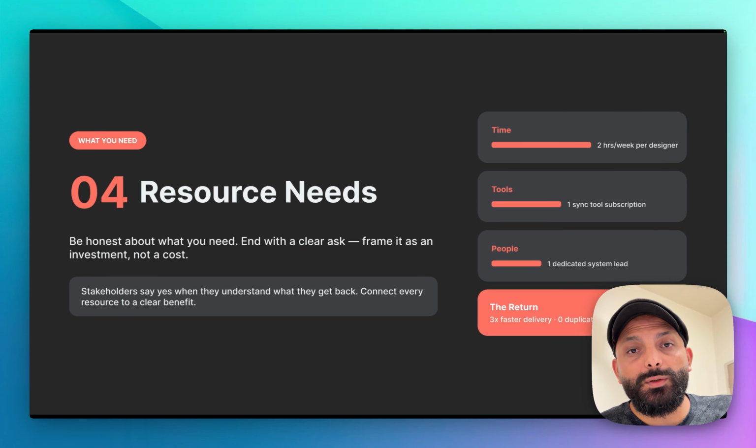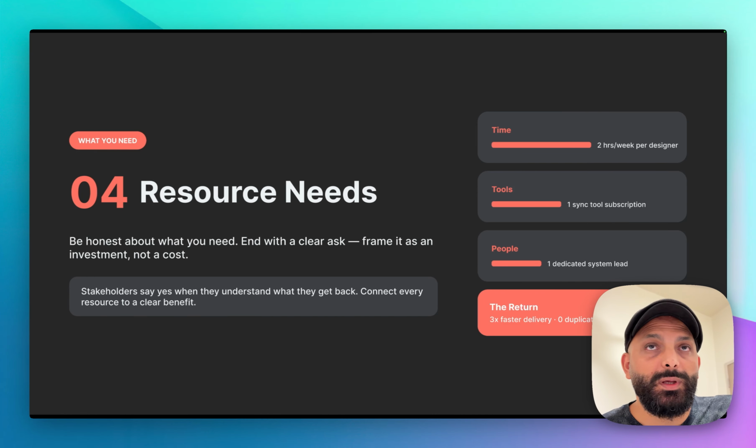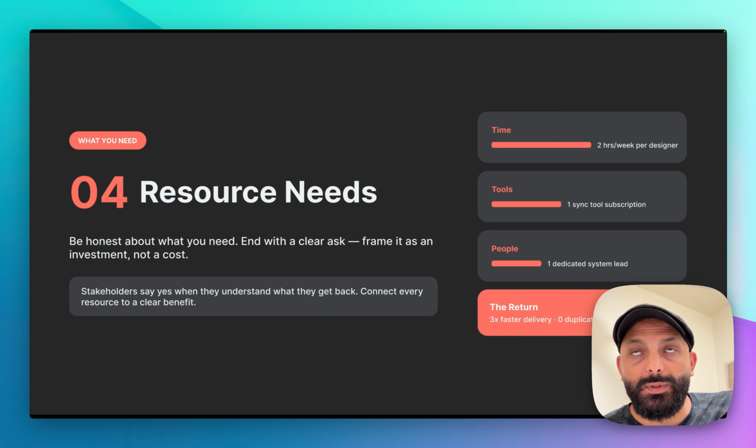The last thing here, you have to be clear and honest. You have to ask your managers, I need approval from you. For example, each designer to spend 2 hours per week to do 1, 2, 3, 4. We need to have a subscription for this tool because this will give me these benefits. I need this person to be responsible or to lead the project, to give them space to help the team, and so on. And while you are making these requests to your managers, try to highlight the benefits and the value